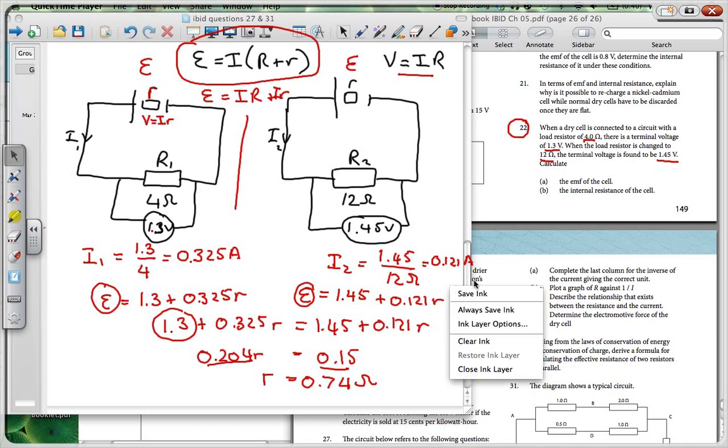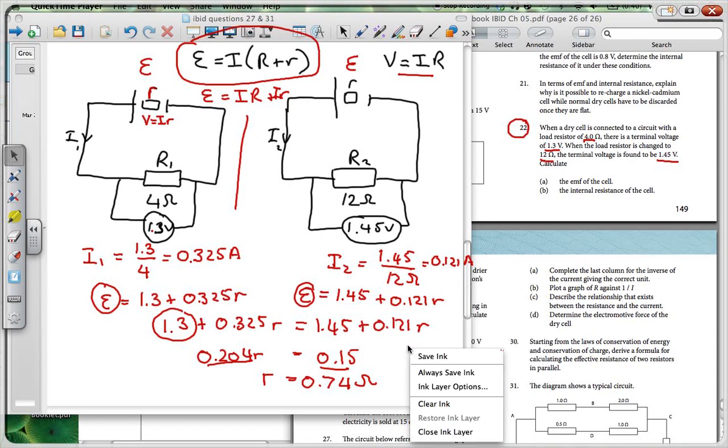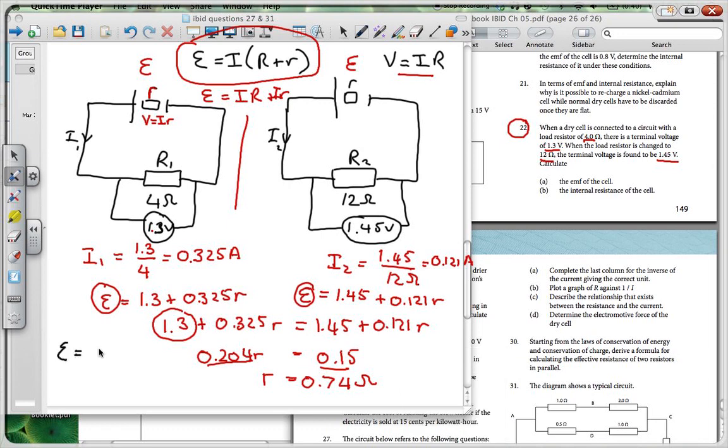Once I've got that, I can use either one of these two equations to solve for my EMF. Let me go back to here. Let's just do this over here. So I'm going to get my EMF is equal to 1.3 plus 0.325 times 0.74, and I can just multiply that out and solve. So it's going to be 1.3 plus 0.325 times 0.74, and I get an answer here of my EMF is equal to